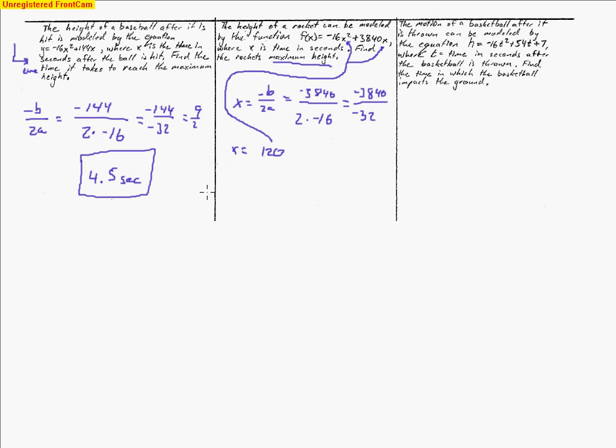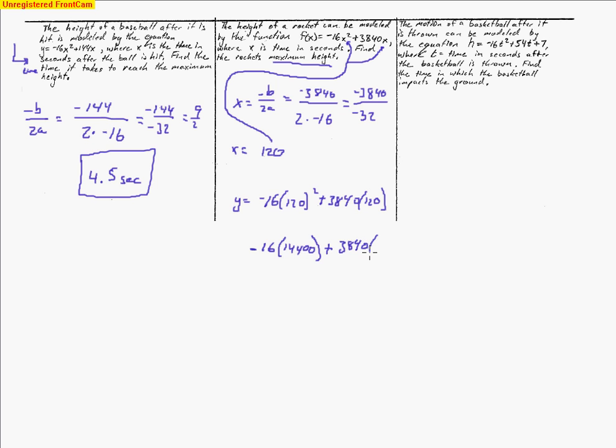Now the numbers look big, but there's a rule with this. Whenever we're trying to find the vertex, our y value, or f of x, is going to end up equaling negative 16 times 120 squared plus 3,840 times 120. Now again, there's a rule, and the rule is that these two numbers are going to be opposite in sign, and one is double the other. So I see this is going to be our negative number, because we have 120 squared, and so I'll rewrite what I've got here. 12 times 12 is 144, and then I've got 2 zeros to add on there, and then plus,